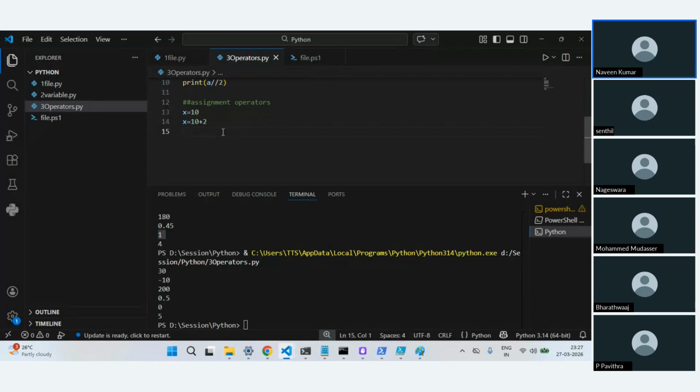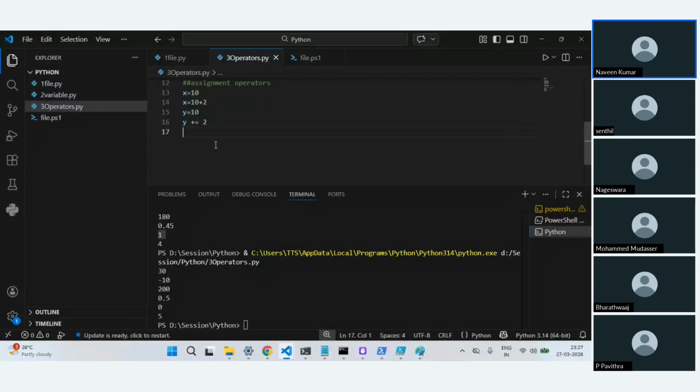The other way is, let's say I'll just say y is equal to 10. This is similar to whatever I've written here. You might be seeing some code which is written like this. This will also do the same thing as whatever is mentioned here. So it's going to assign the value from right to left. Maybe let's run it.